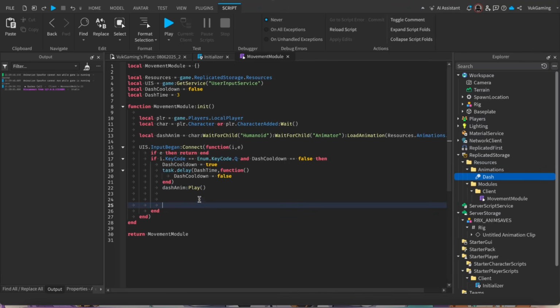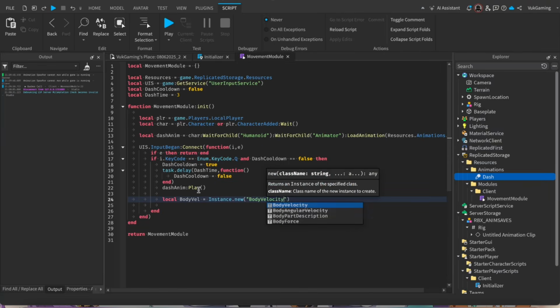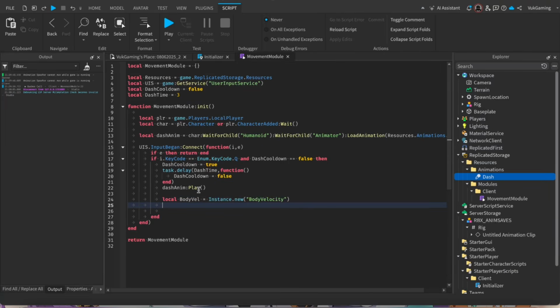Now what we have to do is make body velocity apply to the character so we can actually move it when we're doing the actual dash. So that is going to be pretty simple. We're going to be making a new BodyVelocity instance. There we go. We can name it whatever we want. The parent of this is going to be our character, WaitForChild humanoid. We don't even need that, actually, since it's input, we can say humanoid